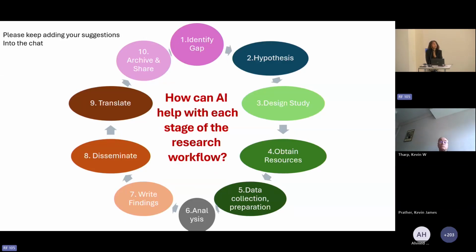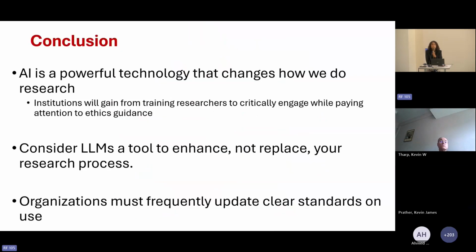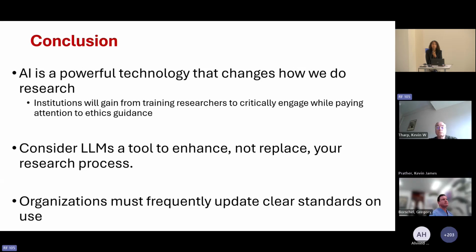And so I think I'm at probably my last slide, which is just, it's a tool. It'll change. It's changing not just what we do research on, but how we do research. And for any organizations that will invest, like the organizations that are doing these series, in thinking of how to critically engage while paying attention to all the things your profession wants you to, there's a lot to be gained. And a philosophy of how to think about this while being very cautious